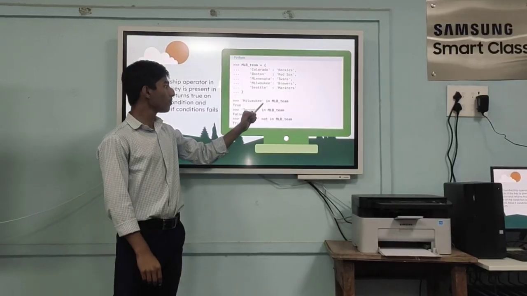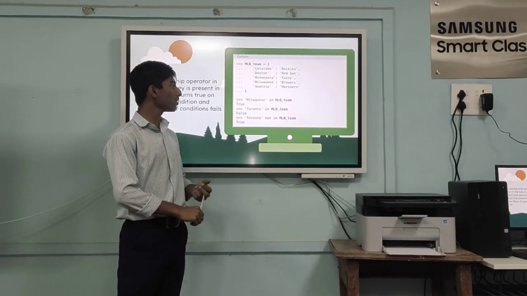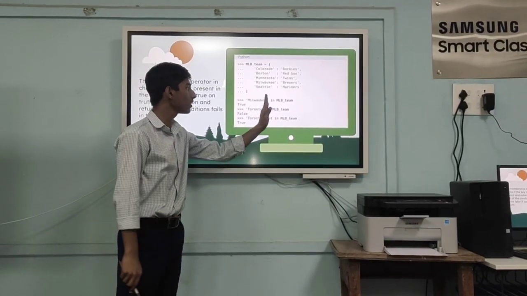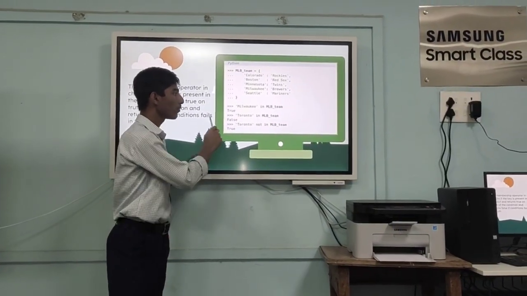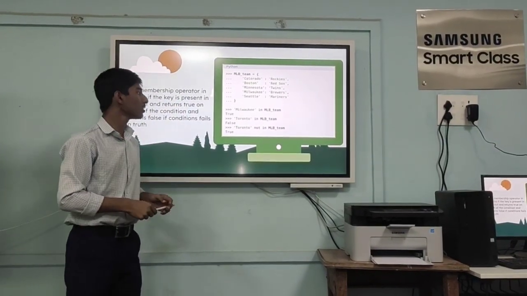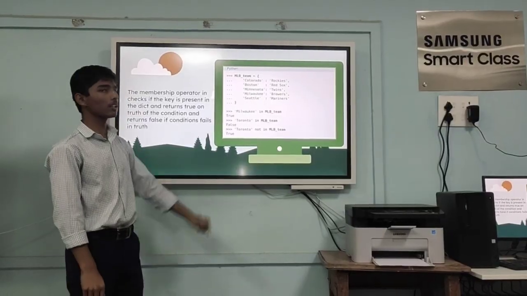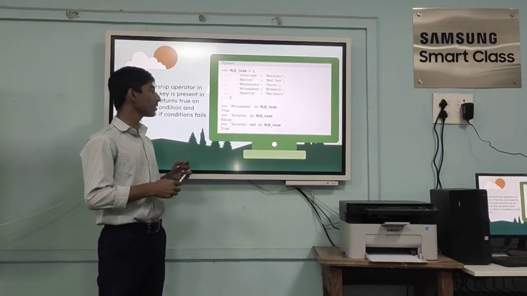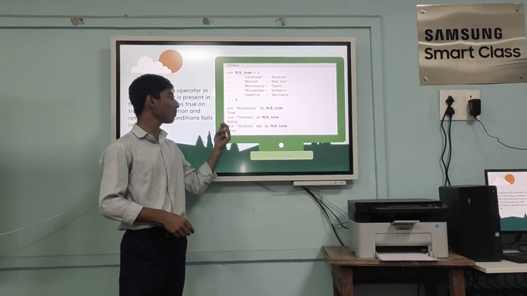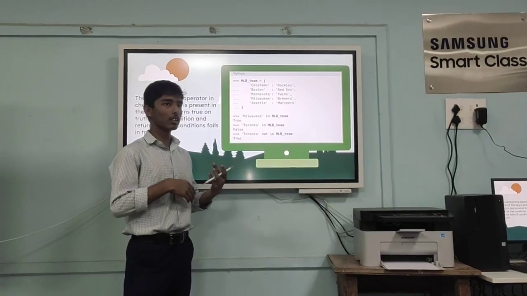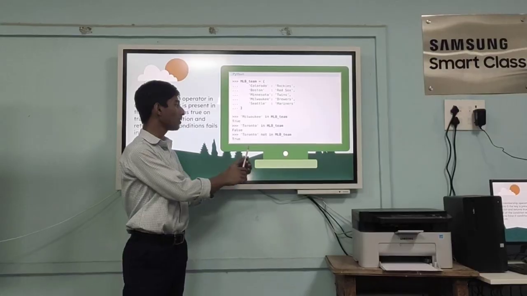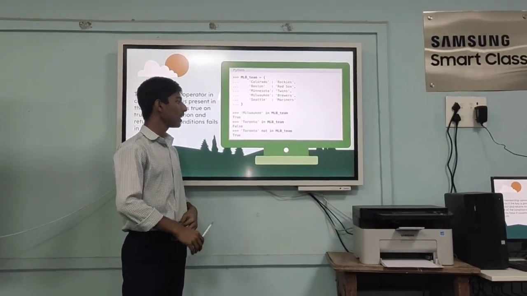If we use the in operator, and the condition specified before the in statement is true, then the interpreter returns true, and if that condition is false, the interpreter will return false. And the inverse of this, if we use the not in operator, and whatever the condition specified earlier, if that fails,